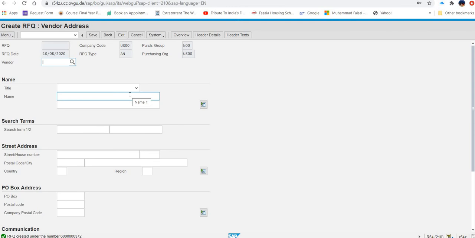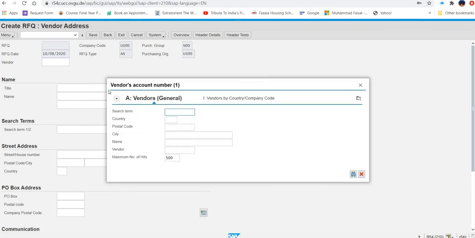Now they are saying stay on the same screen and create another quotation. And for that you have to search your vendor, and that vendor is Spy Gear. So again, search term, my search term 500, yours will be different. Country is US, city we don't know, name is Spy Gear, and let's search.